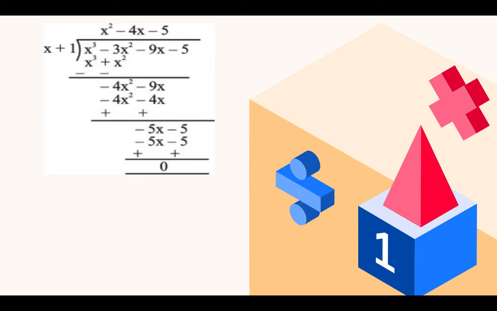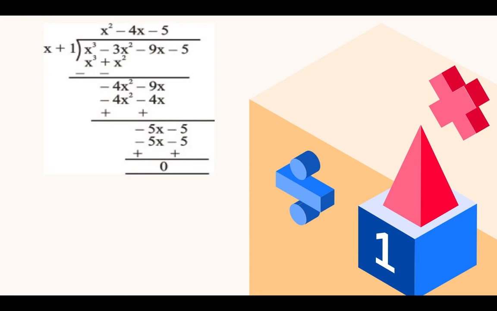So this is the question. x plus 1 is the factor which we have found, and this is the polynomial p(x). I will divide the polynomial p(x) by the factor x plus 1. I will get a quotient in the form of a quadratic equation, since it is of degree 2. Now you can see I am doing polynomial division. I hope you all remember this division, so I don't have to explain how we divide polynomials.